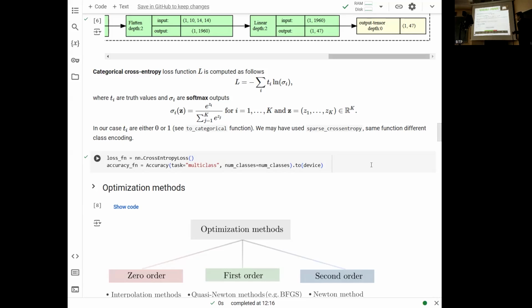Then what do I do? I have a so-called data set. So I have images of digits collected by someone, and I know which digits are on each image. So I know the so-called true value. So I can calculate this sort of function. This is called the categorical cross-entropy loss function. So basically this function estimates how bad my neural network performed. So I feed some data into that neural network. It spits out some result. I get these sigmas, and then I use this function to obtain one single number that tells me how bad